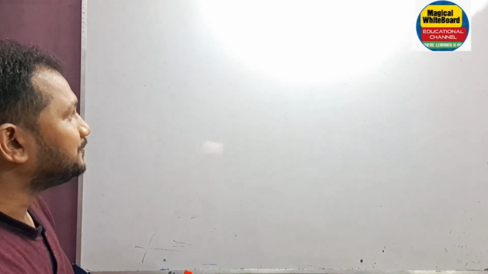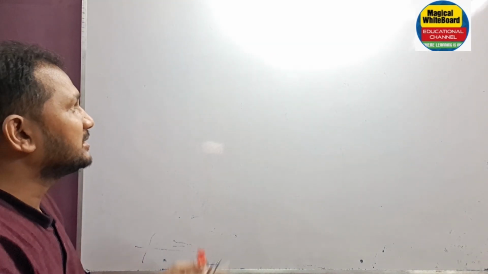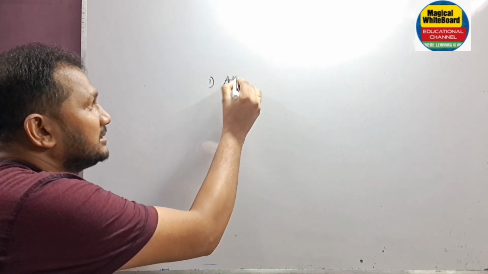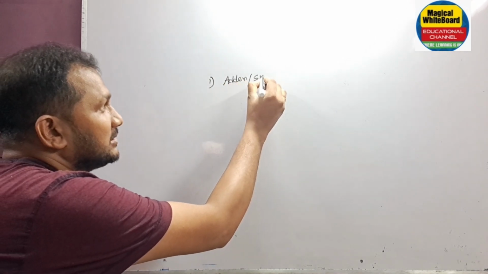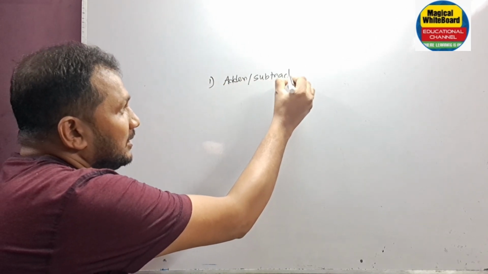We know the addition means normally a plus b, and subtraction means a minus b, that is equal to a plus b bar plus 1. Why a plus b bar plus 1? Because subtraction is nothing but 2's complement of the number. So let us consider the thing one by one. The first point is adder subtractor circuit, adder slash subtractor circuit